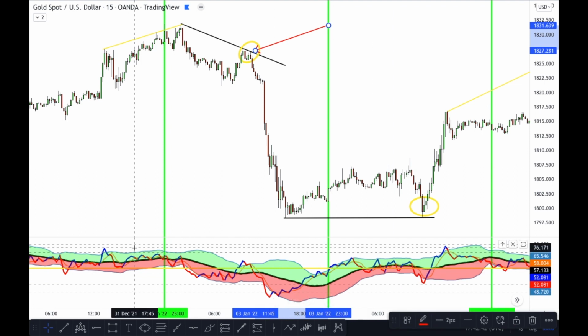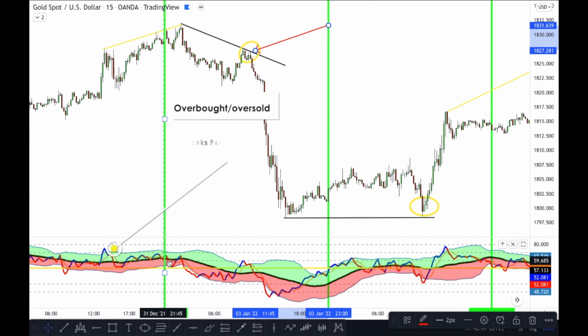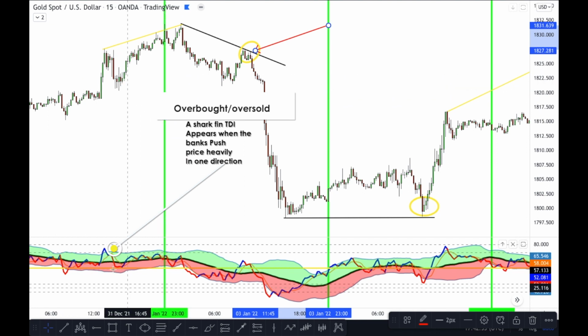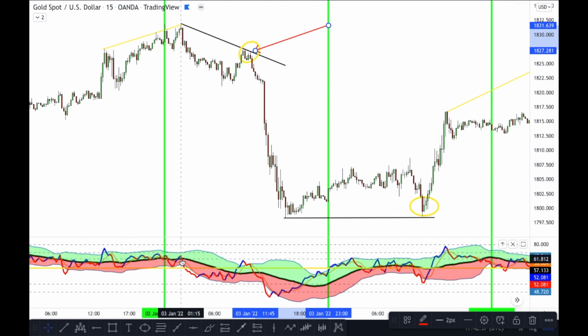Well, if we do look at the indicator here, we can see that there was previously on the TDI a nice shark fin here, and then we can see going into the next day, even though we didn't start from this section, we can still look previously because the chart can show us that. We can see the next day we didn't get a shark fin re-entry until over here.